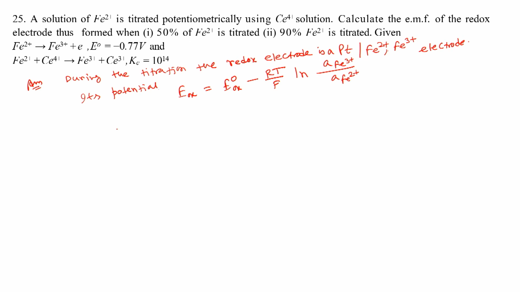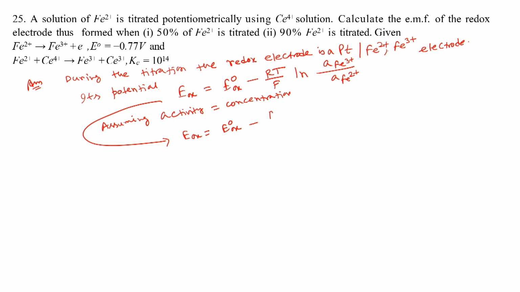Now, we can consider activity equals to concentration, assuming the activity coefficient we are considering 1 here. So, we can write E_OX is E naught OX minus RT by F ln concentration of Fe3+ by concentration of